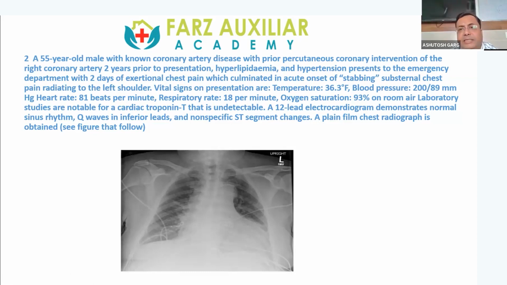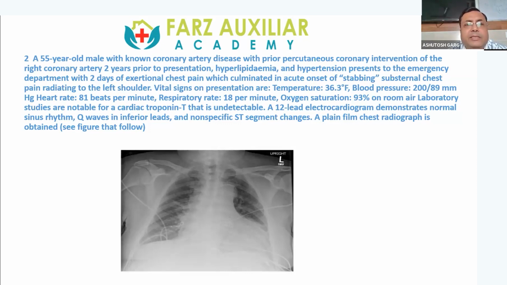Aortic dissection you should think, because of the stabbing substernal chest pain radiating to the left shoulder. This line is very important. Whenever you find this type of chest pain, which is going to the back, you have 2 differential diagnoses in your mind. One is acute pancreatitis, another is aortic dissection. So this is not the clinical setting of acute pancreatitis. So this may be a clinical setting of aortic dissection. If you are suspecting widening of the mediastinum on the chest X-ray, and in the history they are giving stabbing substernal chest pain radiating to the left shoulder, BP